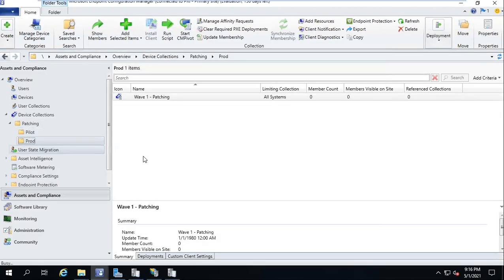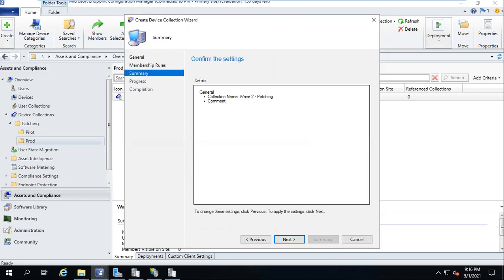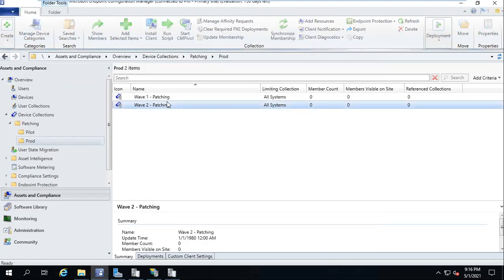Wave 2. These are predefined collections, and each and every company will have their own naming convention, their own collections. But they have to represent at least phase 1, phase 2, or wave 1, wave 2, depending upon the organization. They have their own department or naming conventions. Sorry, I will put like